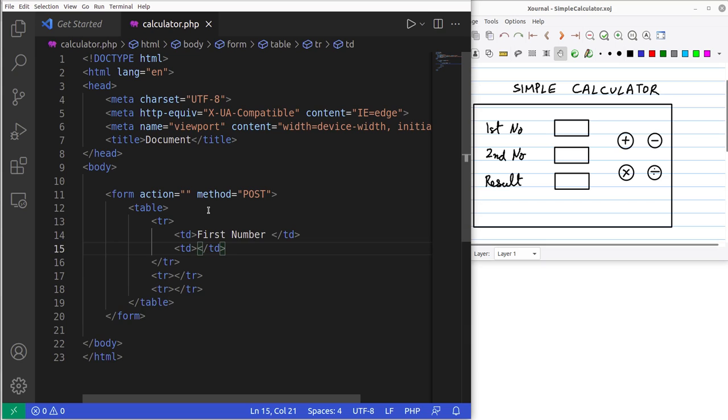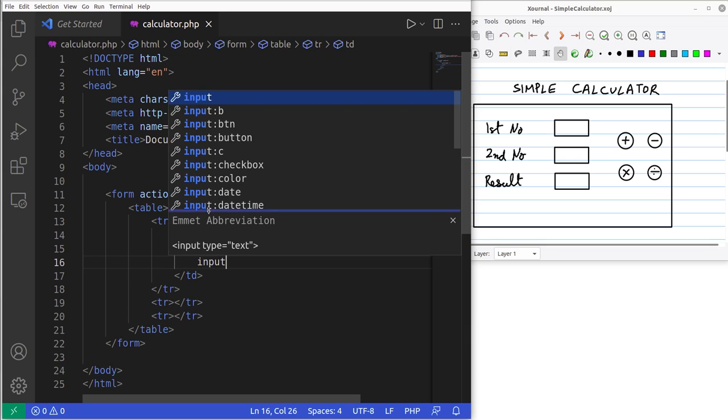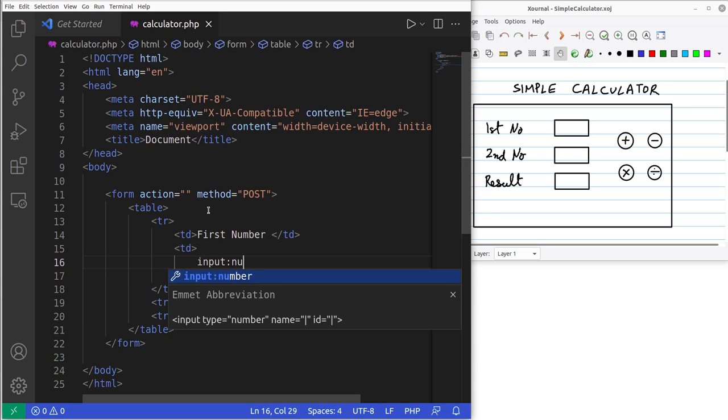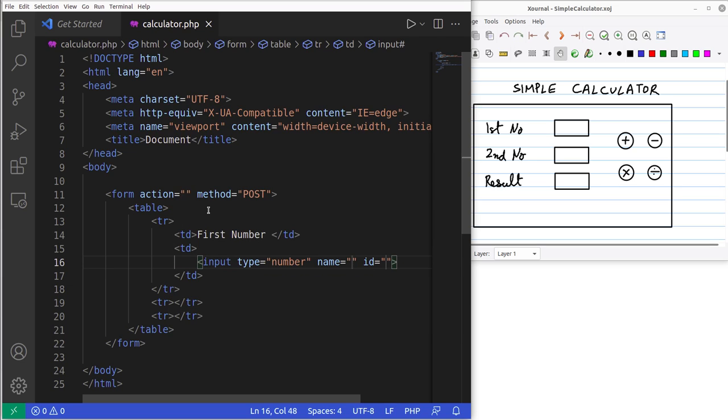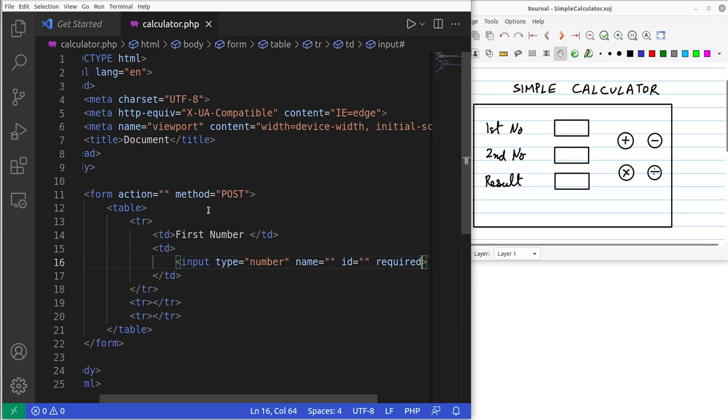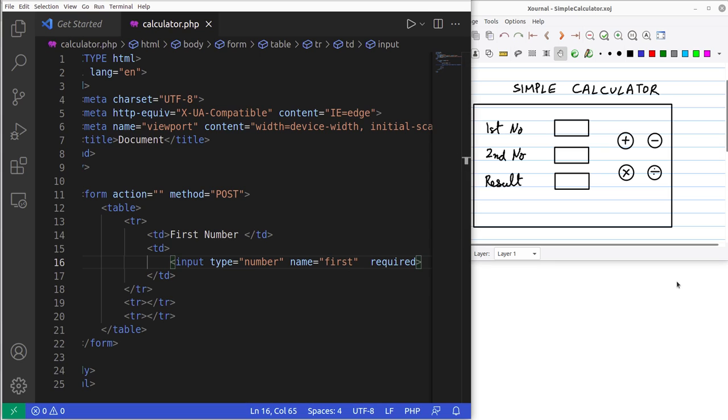In the second column you're going to have one field, so input, let me consider type number, and let me say this will be required. We'll make it mandatory to enter the first number. We won't use any ID because we are not going to use any JavaScript, but as we are going to pass these parameters, whatever numbers are entered in this, we require the name of this field. So let's consider the name of the first field as first. Okay, and